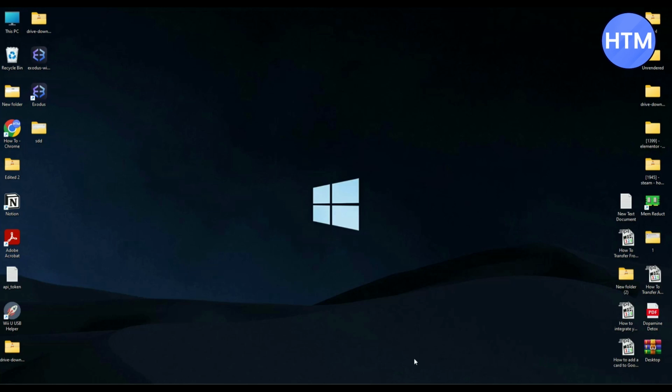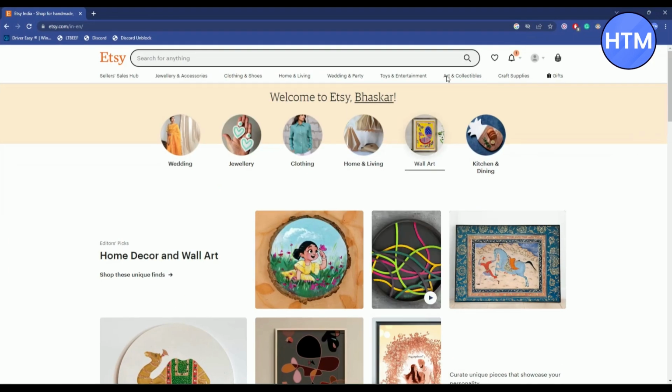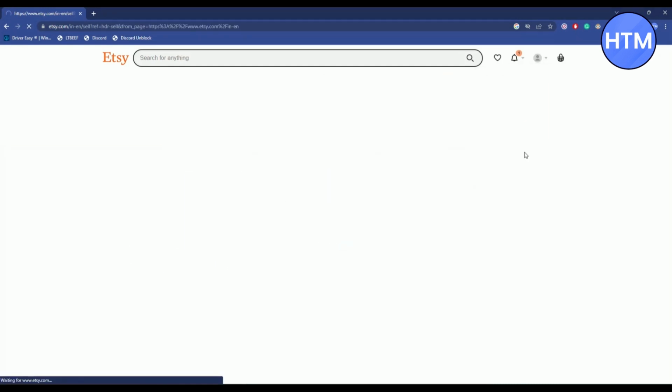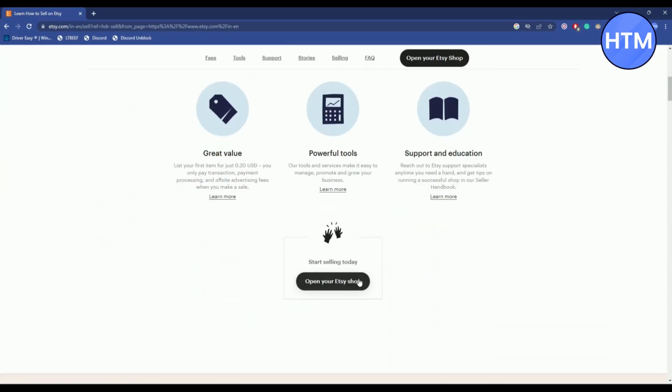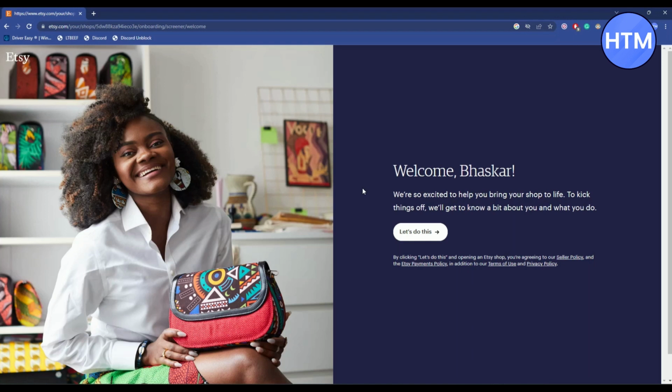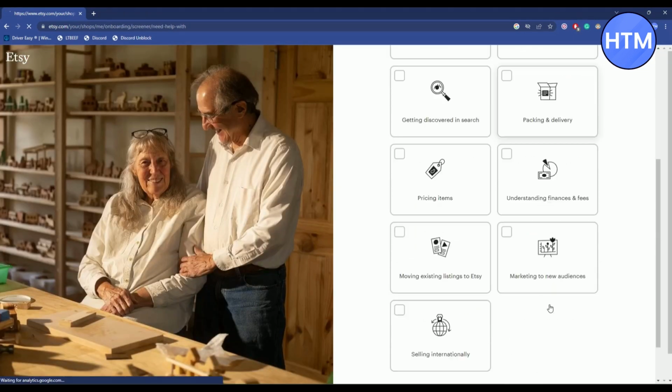So all you have to do is just simply go to your browser and log into your Etsy account. After you have done that, click on your profile icon and click on sell on Etsy and become a seller on Etsy. After that, scroll down and click on open your Etsy store. After that, just simply click on let's do this. Click on skip,